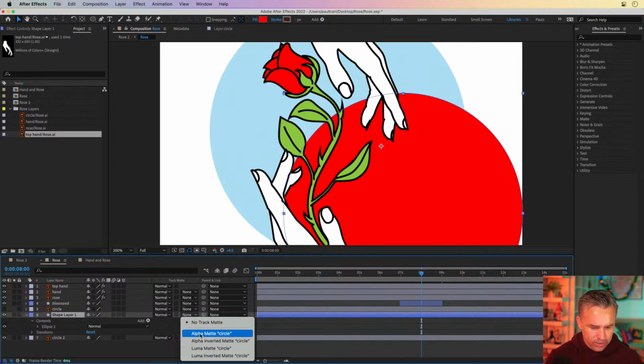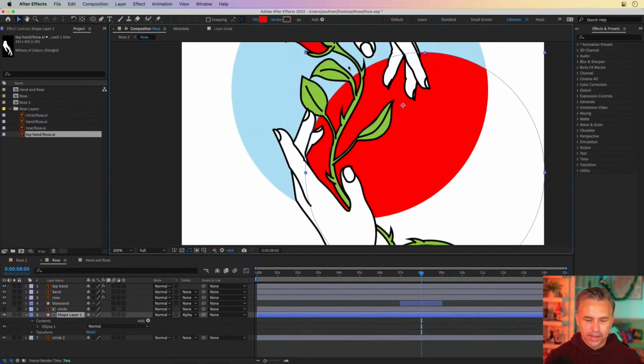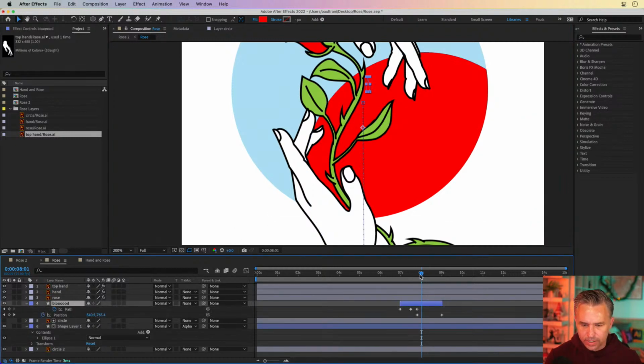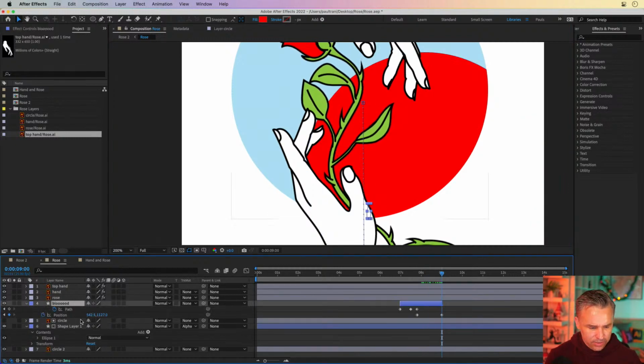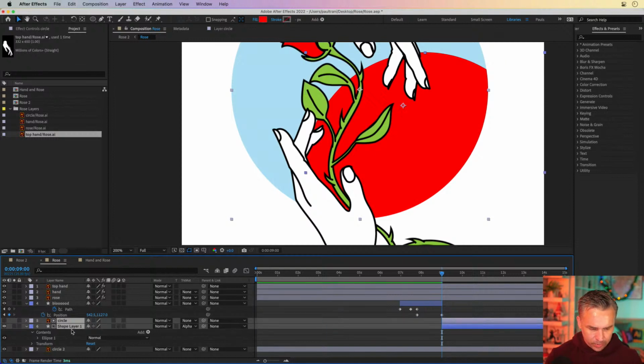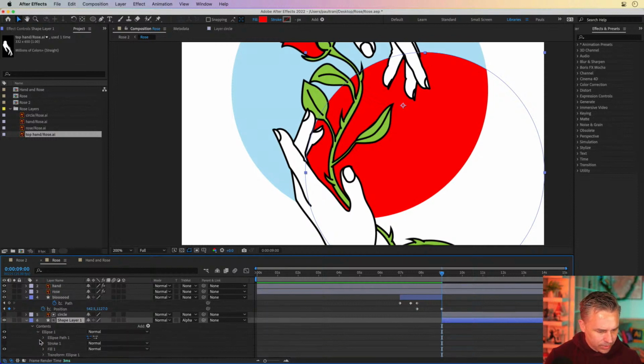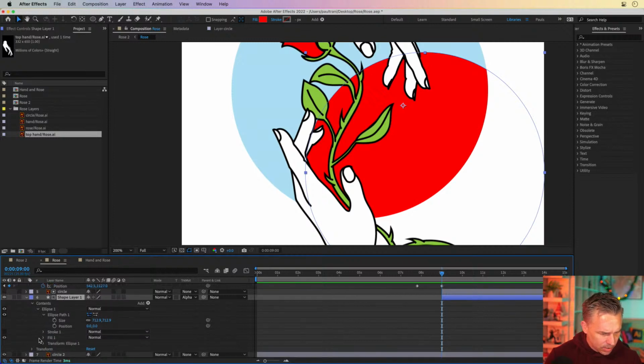We change this to alpha matte circle. There we are. That's in there. So now we can start to animate it. We'll go to the blood. We'll hit U. We got to make sure this comes down right when it hits there. So that's when these two things are going to kick in right there. So shape layer, do your thing. We are going to transform its shape. So we're going to transform the ellipse